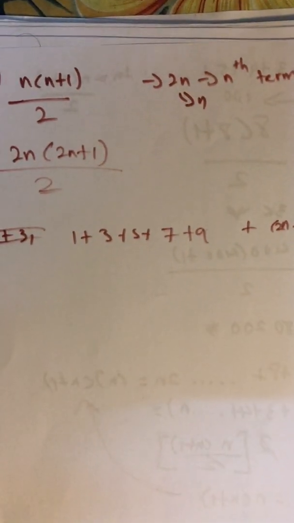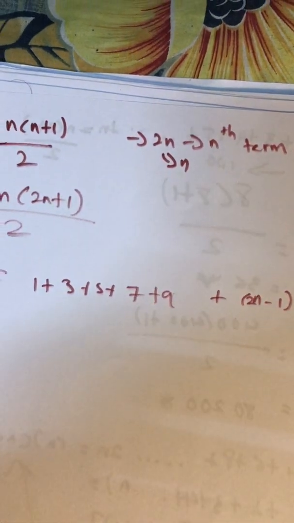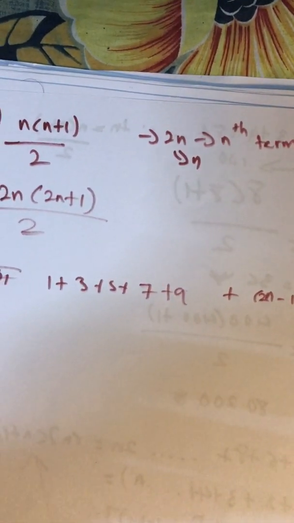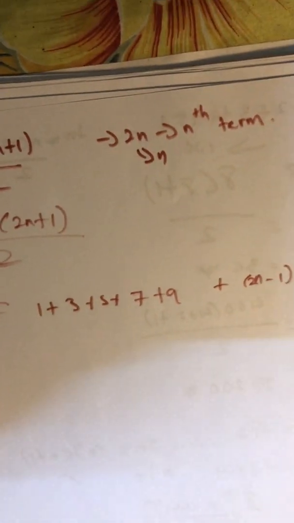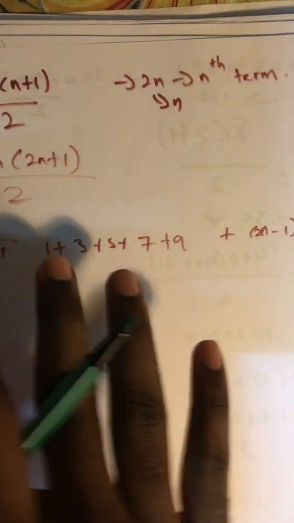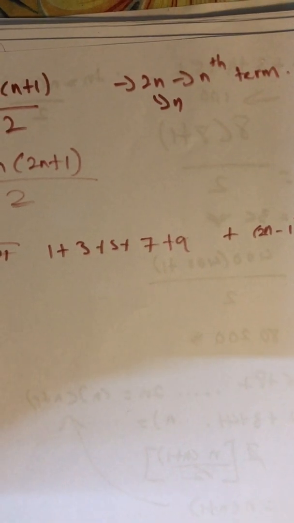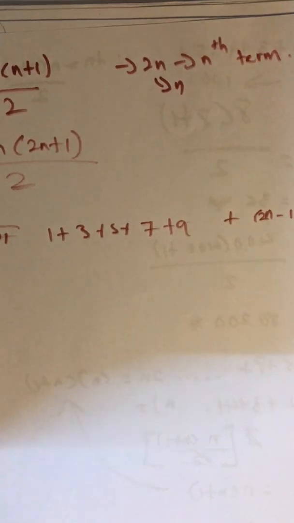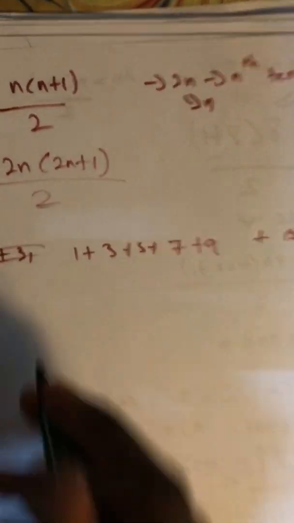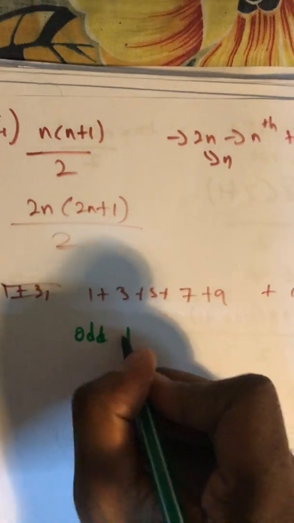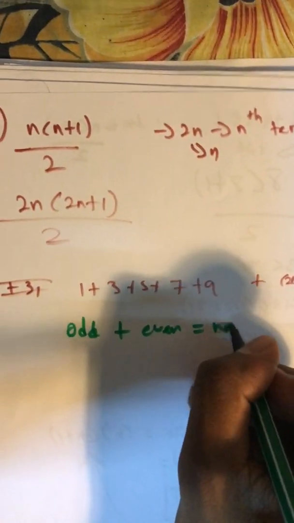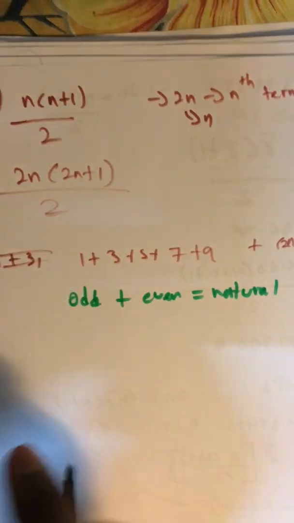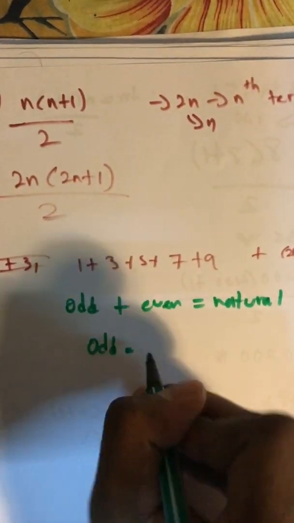So now you see how they ask you to show how we can get this formula here. Let me just get some info here first. Actually, what they ask you to do here is find this odd number, if you notice or not. I repeat again, they want you to find the odd number. So I'm going to use one way. If I want to find an odd number, I need to take natural number. I write here, odd plus even gives me natural. Now they want to find odd, so that means what I need to do is natural